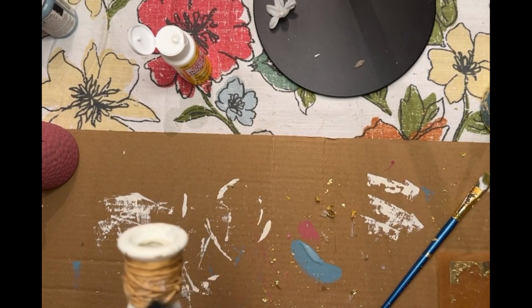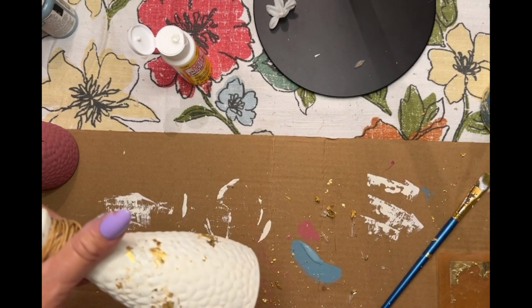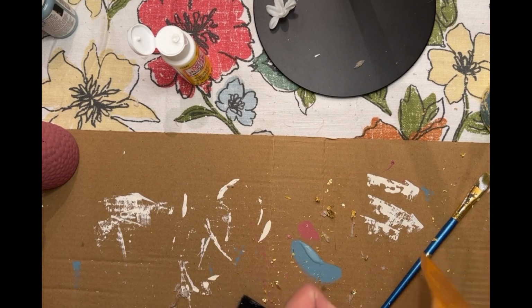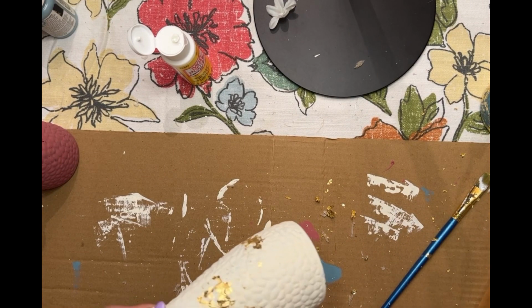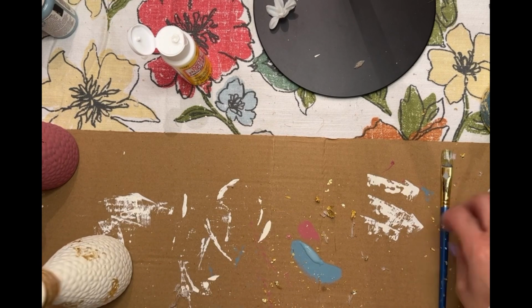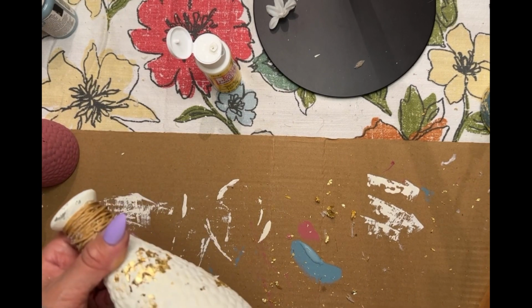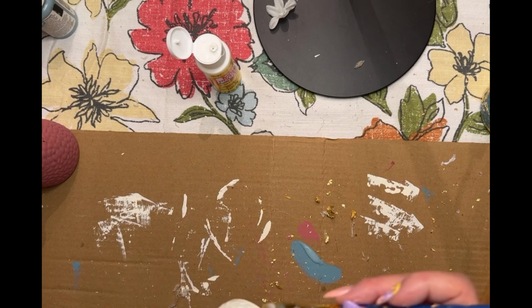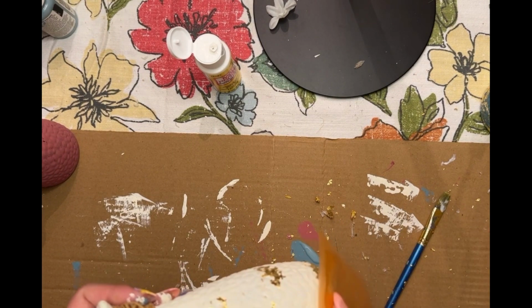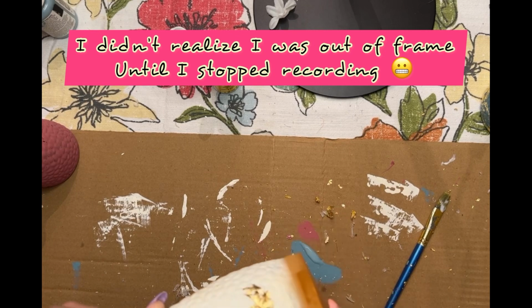Like for the first one, I did run it across the full bottom of the bottle. And in the second one, I kind of did more specks of the gold foil. So I applied some of the Mod Podge, a little bit here, a little bit there, in spotty fashion, just trying to make sure that I didn't give the same exact look as I did with the first